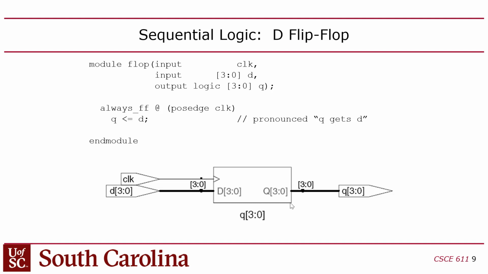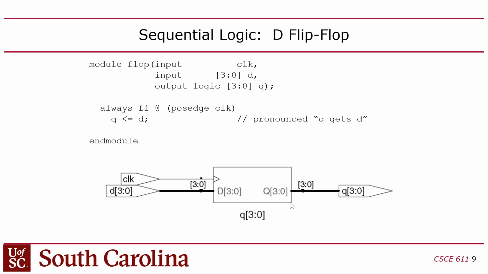Okay, so we talked about, I showed you examples like this before where you could create a flip-flop really easily in Verilog. You just say always_ff. And again, the underscore FF is optional. It's just there for you to give the compiler, or the synthesizer, a hint on what you're intending to do. But always_ff or just always @(posedge clock)